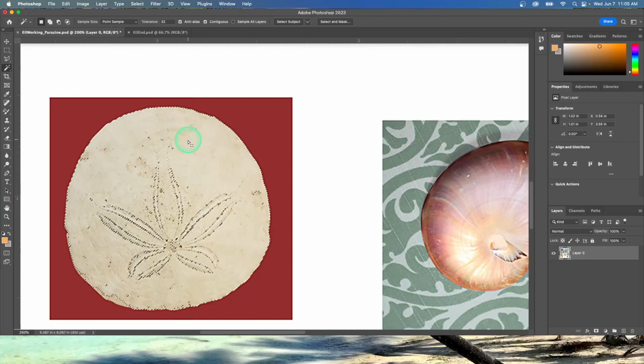Look carefully at the animated selection marquee that appears over the sand dollar. If this was a perfect selection, the selection marquee would tightly follow the outer edge of the sand dollar, but notice that some interior areas of the sand dollar show selection marquees because their color differs from the color you click by more than 32 levels, which was our tolerance setting. The current selection isn't working because it doesn't include all interior colors. So you see all these little dots inside here? Those are items that weren't selected. It did a pretty good job. You see down here it missed some stuff. So we're gonna,